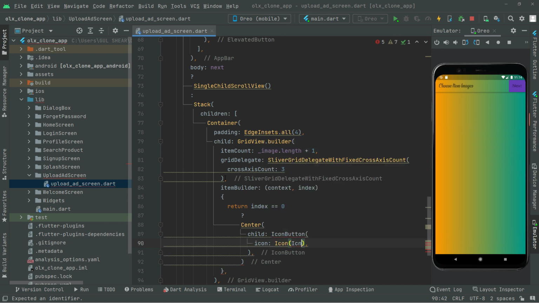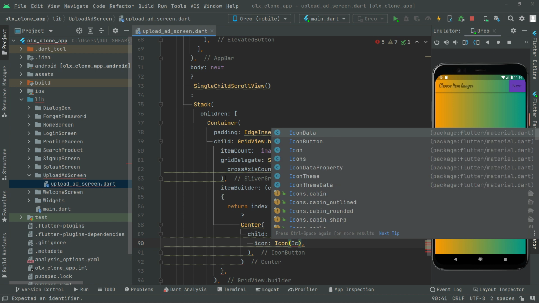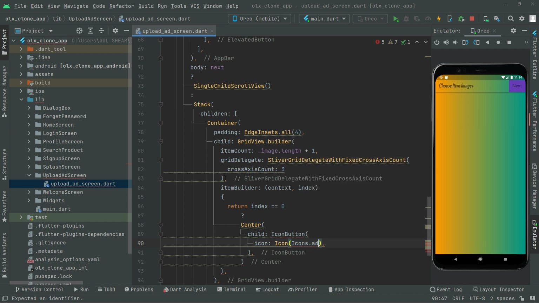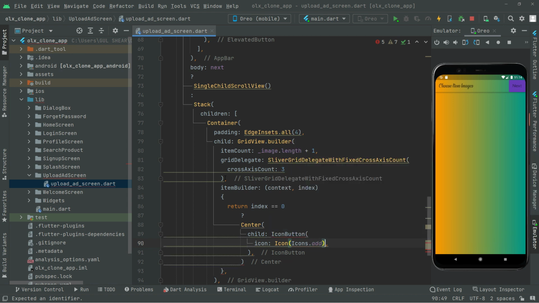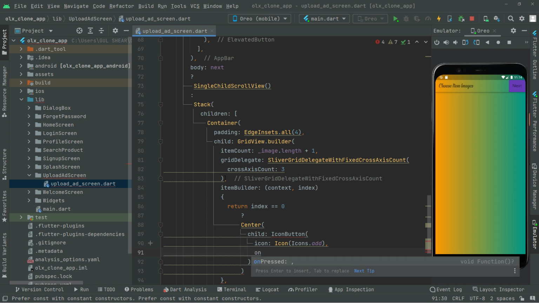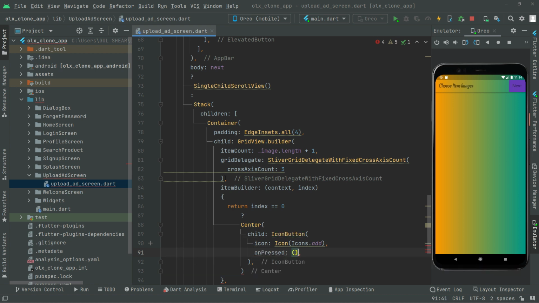Let's take the icon dot add, because it's going to be simply for adding the pictures, so you will take that icon. You can go in here with the first one, and just now it's going to take the on press event. For now we will just leave this empty. As I told you already, we will complete the UI design first. Okay,